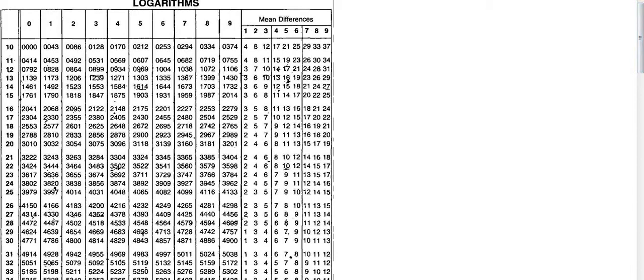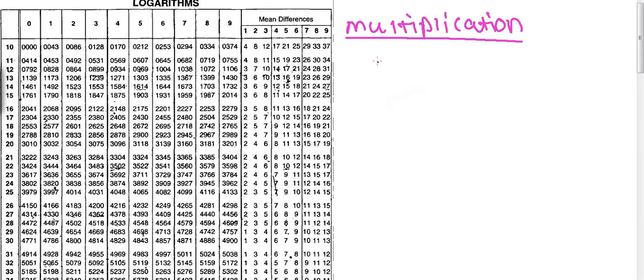In the last lecture we studied the definition of logarithm and how to find the characteristic and mantissa. Now we'll perform some calculations using the log table. Let us start with multiplication. Consider the multiplication of two numbers, z equal to a multiplied by b. Now we have to evaluate a multiplied by b.